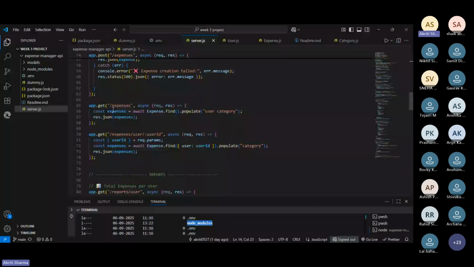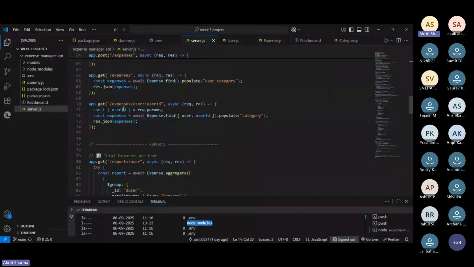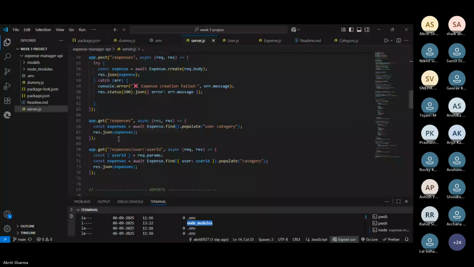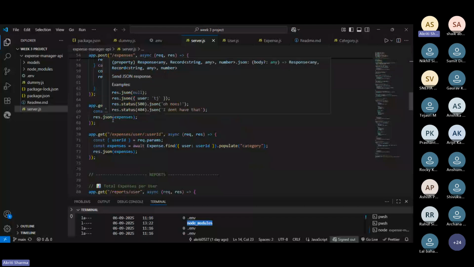Second, I created the expenses route by using the get method, and using the expense.find function and populate function, I give a JSON response.